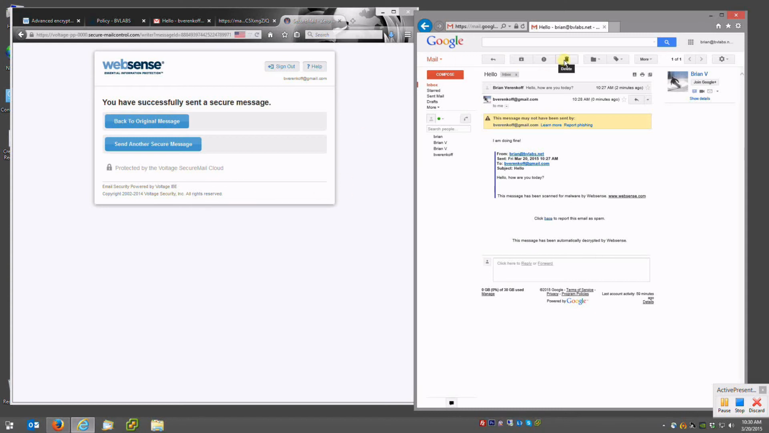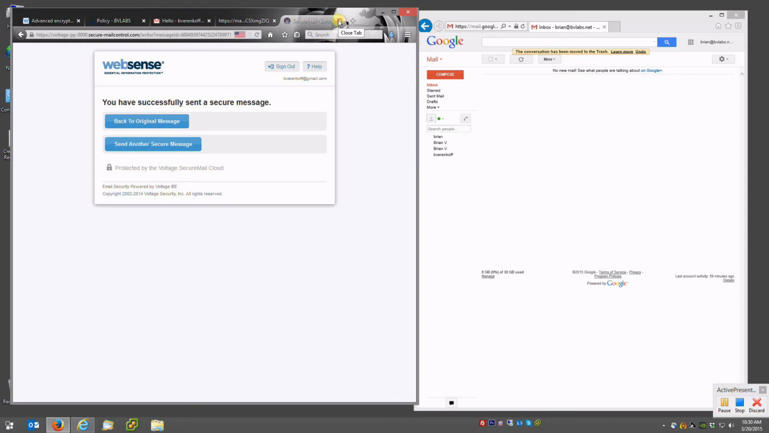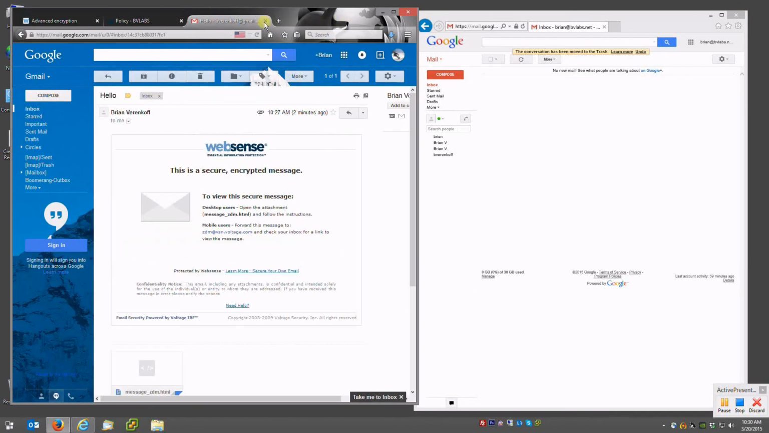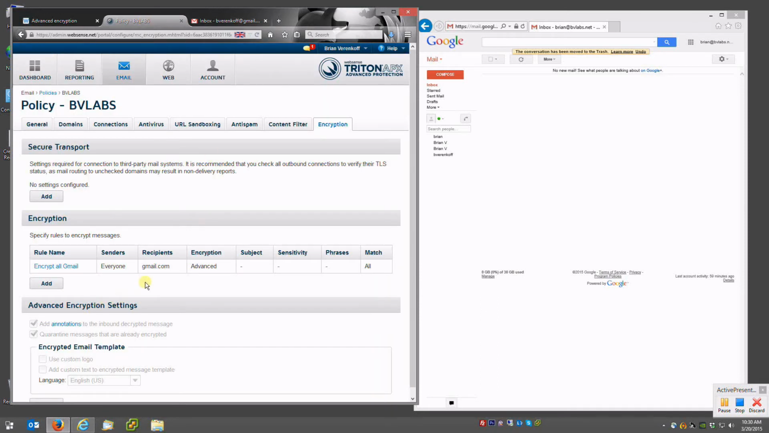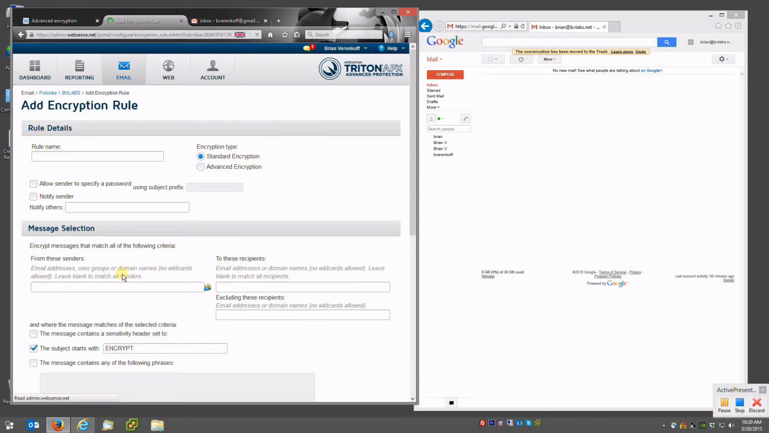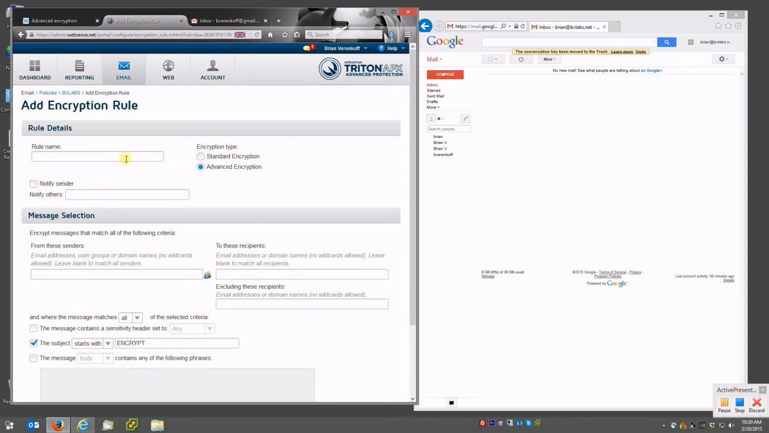I'm going to go ahead and delete that now, and I'm going to go ahead and close out of this. I'll delete this, and we'll create another rule, because that's a basic rule, just encrypting everything to a particular domain. If a user wants to encrypt on their own, or decide when they want to encrypt, we'll go ahead and create a new advanced encryption rule, and I'll just call it